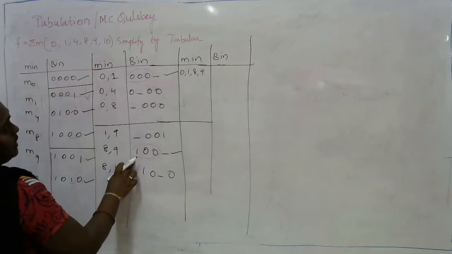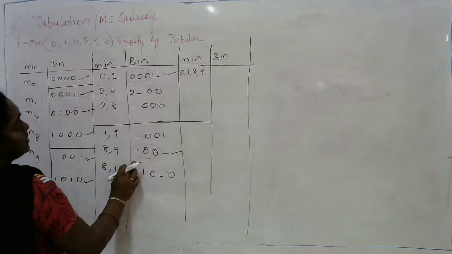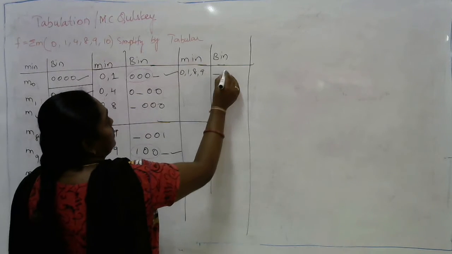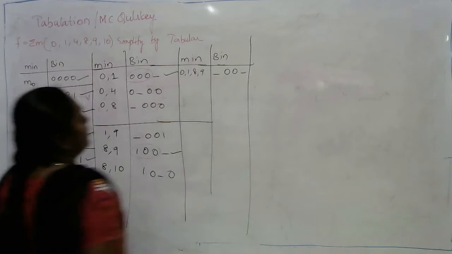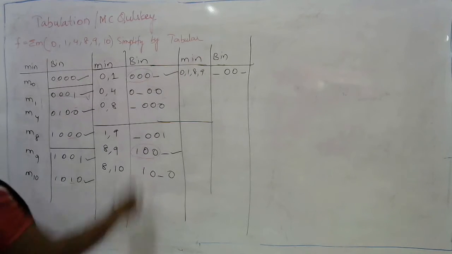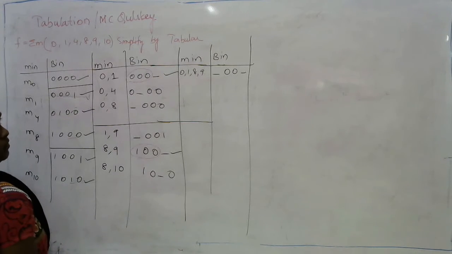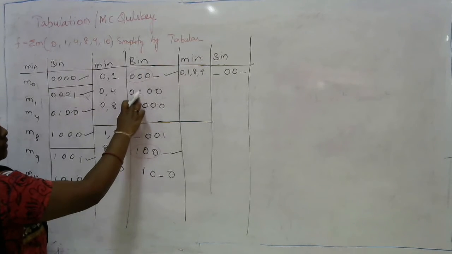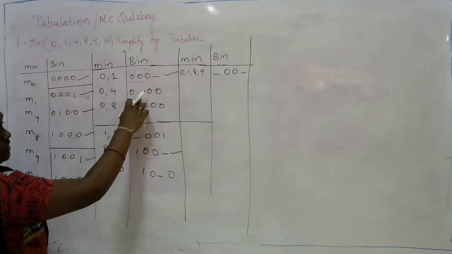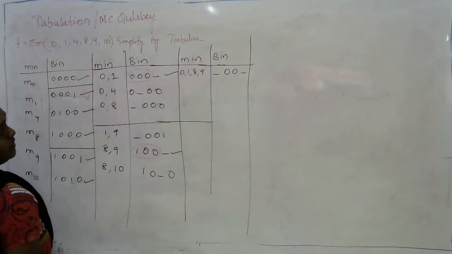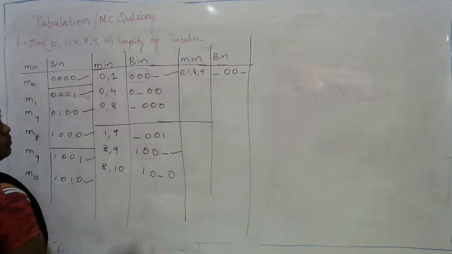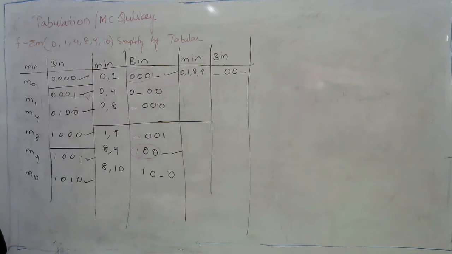So what is the corresponding change? There is a change in the MSB. So blank, 0, 0, blank. And do you have any other blank over here? No. Similarly, in the second one, there is a blank in the second position. Check, do you have any blank in the second position? As there is no blank in the second position, no need to consider.